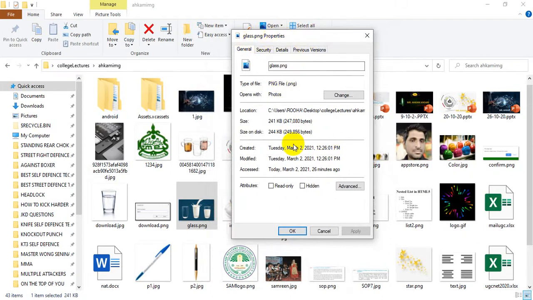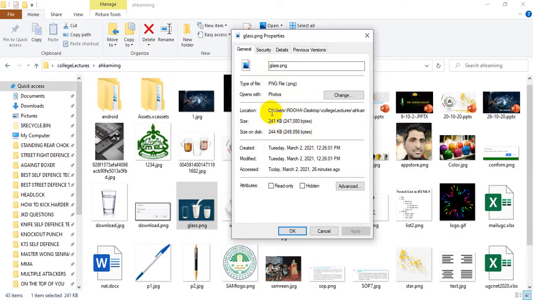We are interested in the location of that particular image, so we have to copy it. On the left hand side you will see different headings, where you will get the name of the file, the type of the file, and how it will open. Then you will get the location, then the size of the image, then size on disk, and a number of other pieces of information, because it's the property tab of that particular image.